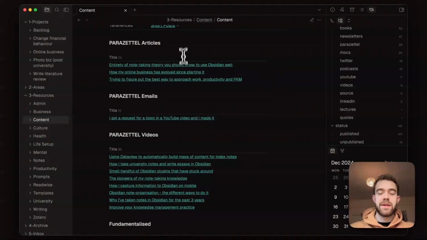So we've got Parazetal articles, which is personal knowledge management stuff that I share on Medium, where I'm largely talking about note-taking, Obsidian, that kind of thing. Now those are those articles, and those three are the ones that I plan to share soon. I also send emails to my mailing list to do with Parazetal and the same topics as above, and the